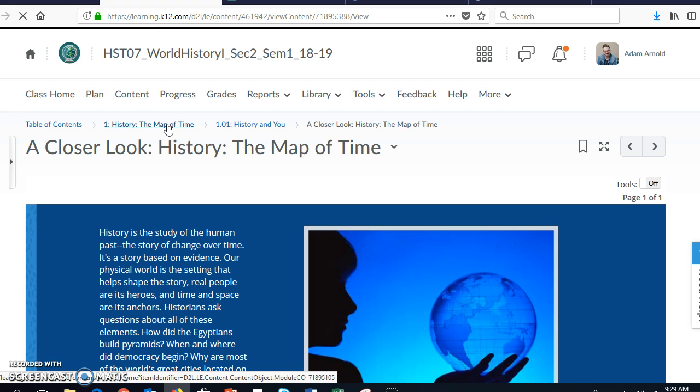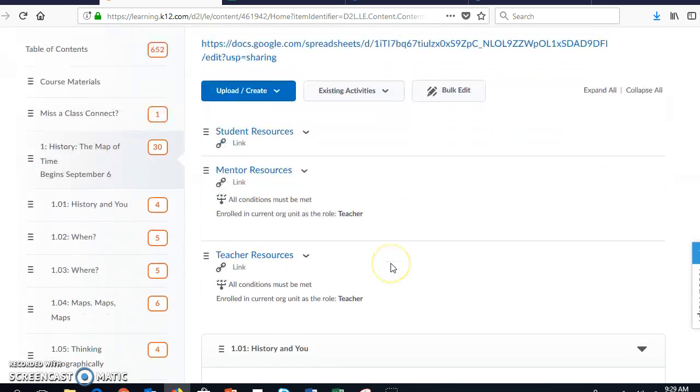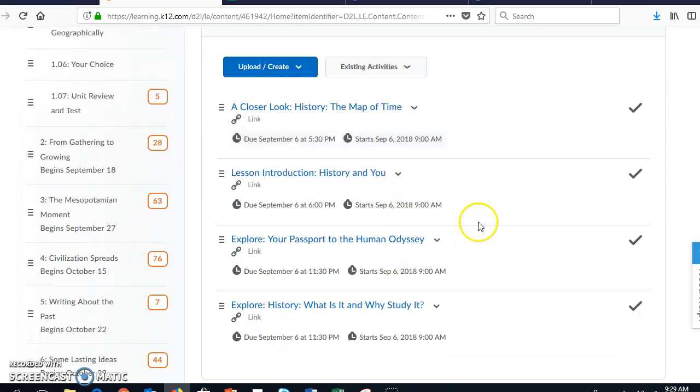When you come back to the main page, you should see green check marks that show completion. When you see that green check mark, then you have completed the lesson. So you should do these 4 today. Like I said, there's no actual assignment or quiz in there. It's just reading, so it shouldn't really take you that long. Just get in there, get familiar with it, and look through it. And that's what you should be doing in social studies today. And that's how you know what to do